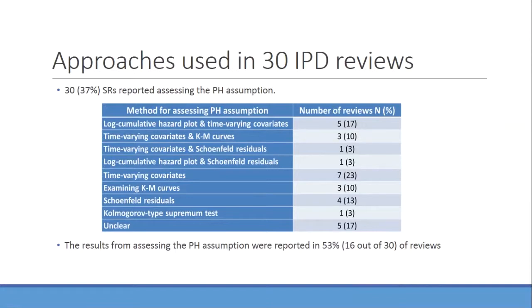Yeah, so I think most of the time it was just one line saying that we looked at the Kaplan-Meier curves and they seemed okay, so we went on to just use the Cox model. I think that's what I meant by that. Okay, so they didn't cross effectively, but no further interpretation of them then? No, just looking at the curves and just visually assessing. Yeah, okay. That's good, thank you.